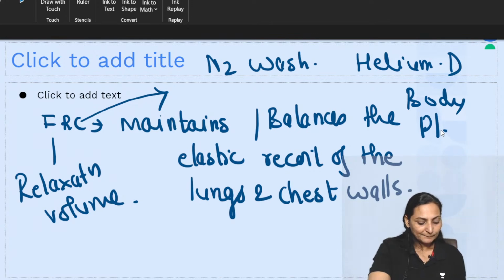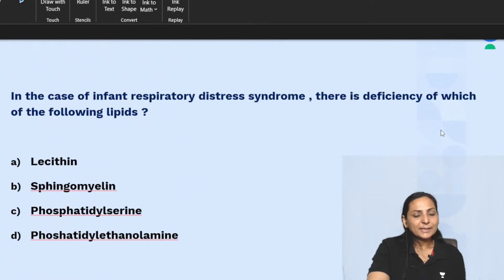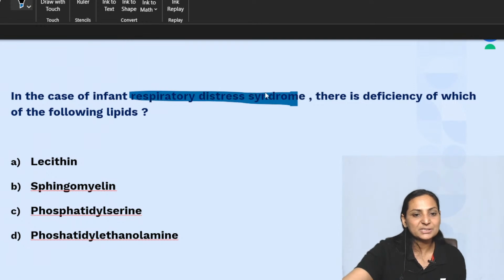Now, next one, in the case of infant respiratory distress syndrome, there is deficiency of which of the following lipids? Lecithin, sphingomyelin, phosphatidylserine, or phosphatidylethanolamine. Now you know that your surfactant, this is what we are speaking of, the infant respiratory distress syndrome is actually related to our surfactant,